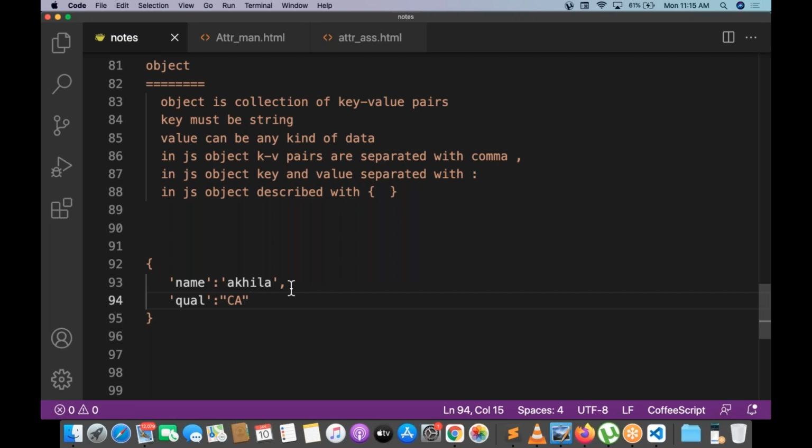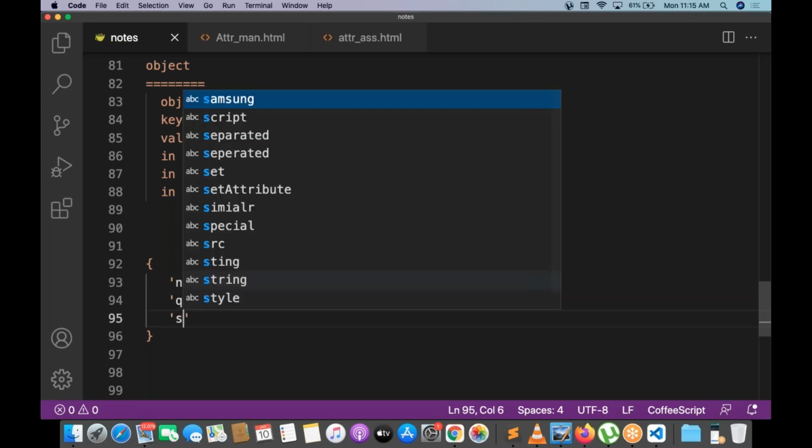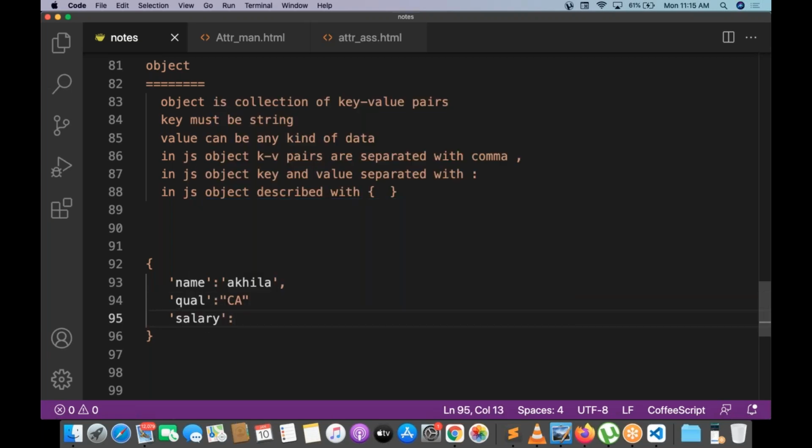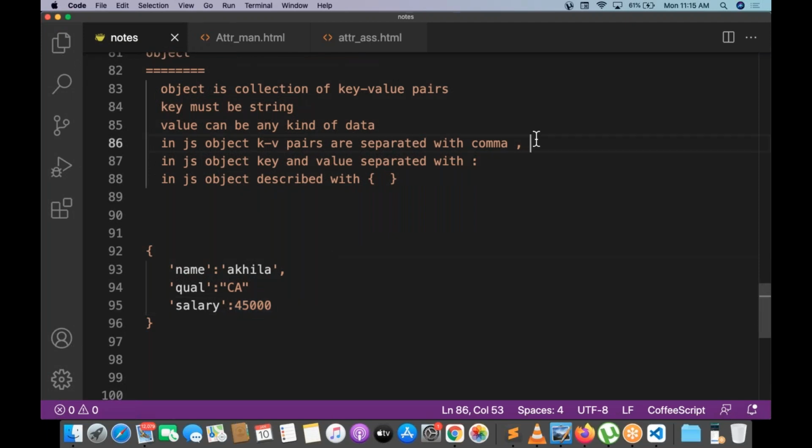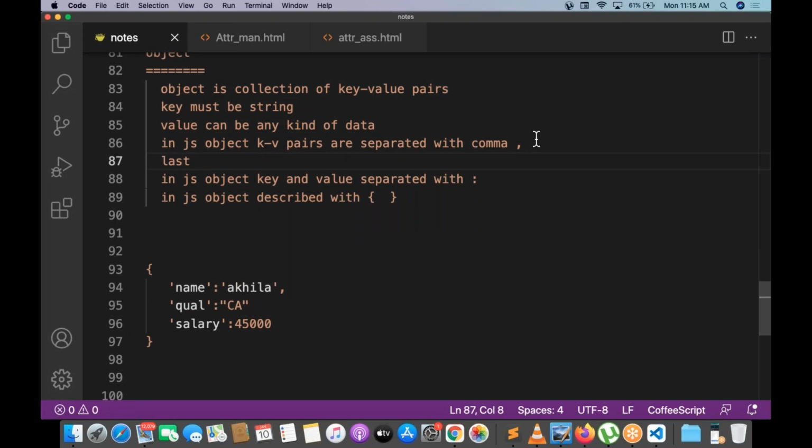Basic computers. Okay, fine. And salary: something like 45,000. Just try to observe, key and value are separated with a colon, key value pairs are separated with a comma, and the last key value pair does not have a comma. Yes or no?